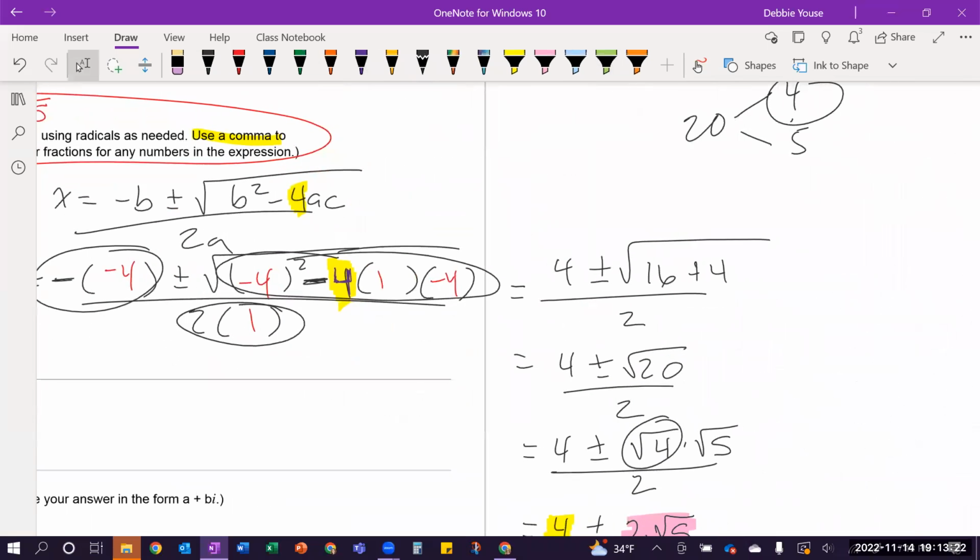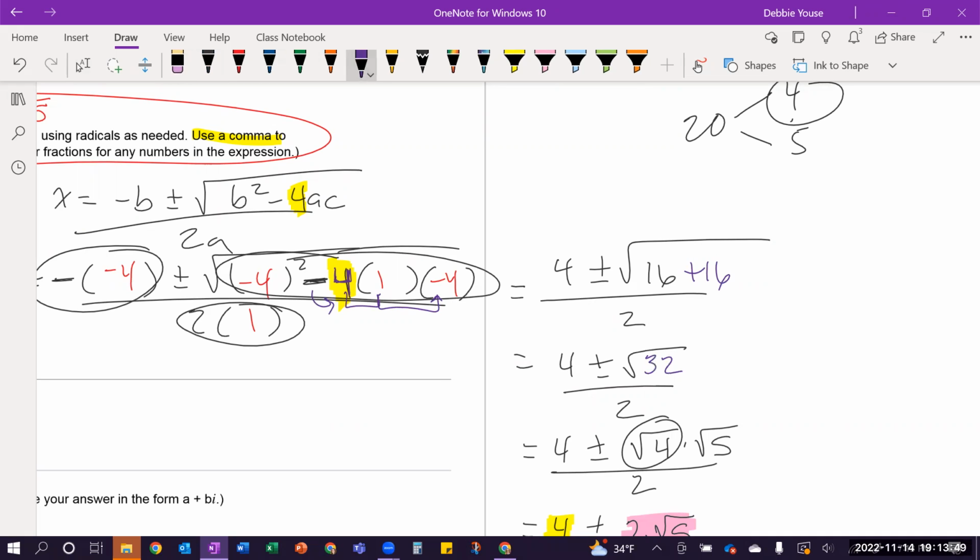16 plus 4 to be 16 plus 16, because you're going to have 4 times 1 times negative 4, which is negative 16, and then you are subtracting that, so that's plus 16. So we're going to change this plus 4 to plus 16, which means instead of 20, we're going to have 32,